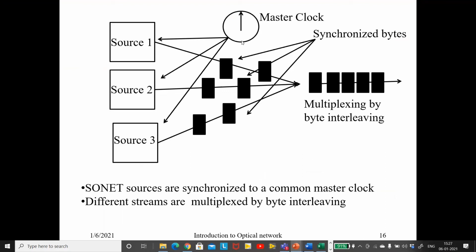Say multiplexing, as we were talking about, you have multiple sources which are time clocked with the help of a master clock. Every source has a fixed time slot for the information to be multiplexed into a big frame, that of the SONET, and you are able to do the multiplexing and send your information. So this is the importance of having a master clock, where every user has got a fixed time slot and they can send their information in a synchronized manner.